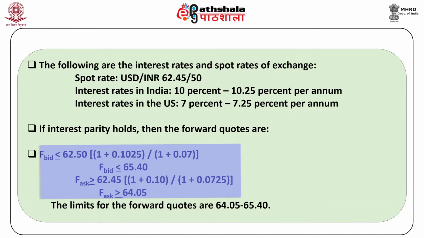F bid is less than or equal to 62.50 multiplied by (1 + 0.1025) divided by (1 + 0.07), that is, it is less than or equal to 65.40, and F ask would be greater than or equal to 62.45 multiplied by (1 + 0.10) divided by (1 + 0.0725), that is, it will be greater than or equal to 64.05. The limits for the forward quotes will be